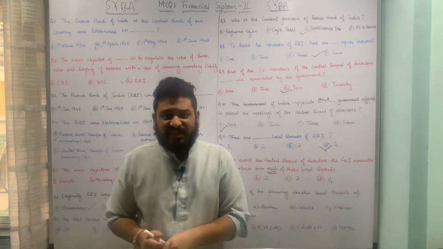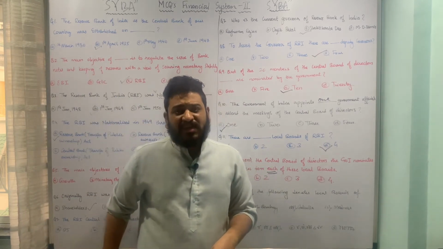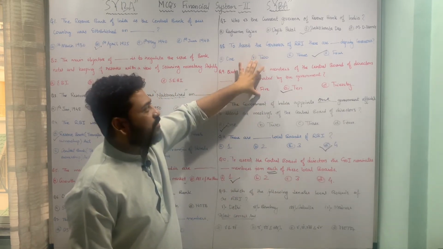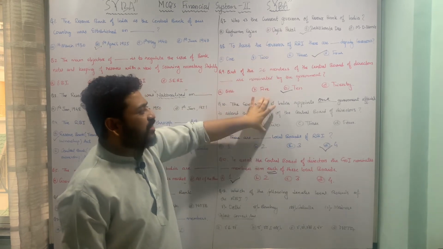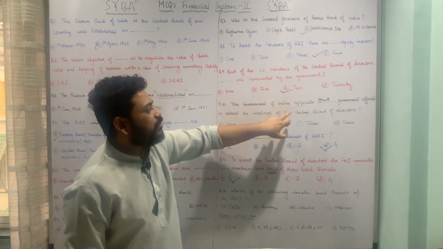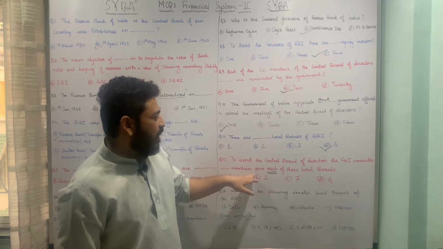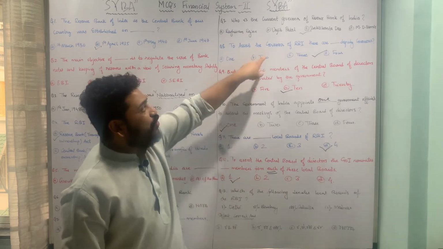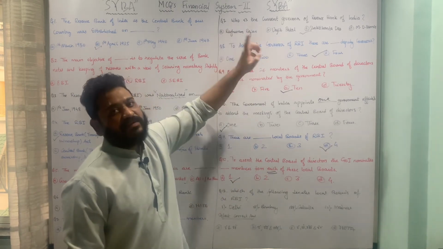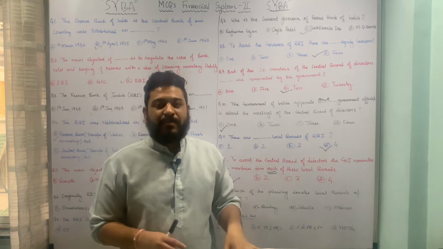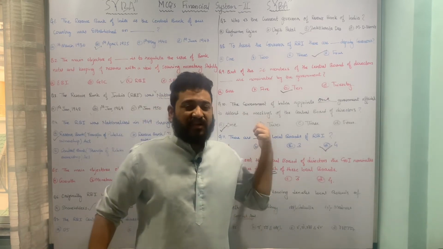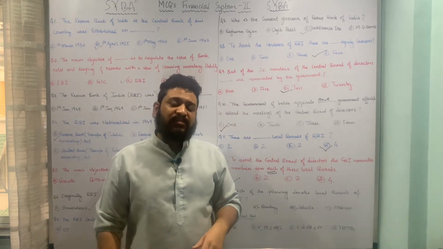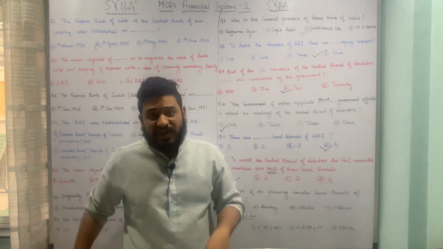Now we have seen that there are 20 members in the Central Board of Directors, out of which 10 are nominated by the central government or the Government of India. Then again 1 is coming from a government official, that means 10 plus 1, 11, and then 4 are coming from the local boards, that means 15. 4 are the deputy governors and 1 is the governor. So in all we have 20 members coming from different sources and forming the Central Board of Directors of the Reserve Bank of India. I hope that number 20 is pretty much clear.